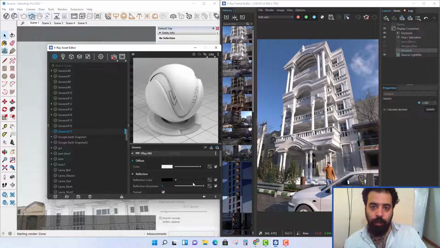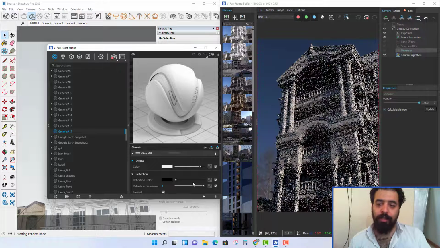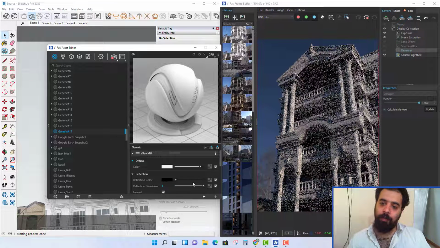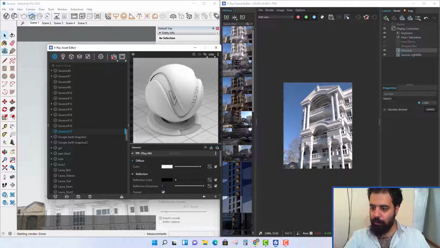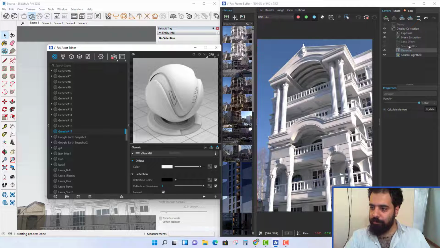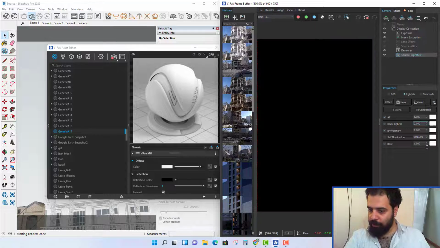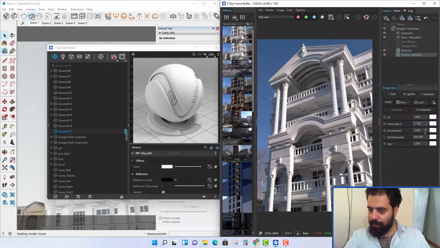There are many parameters in this generic material, like bump or displacement or opacity, but in this material we only change the diffuse color and reflection color. Now a closer view is available,